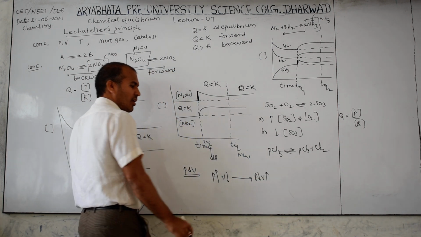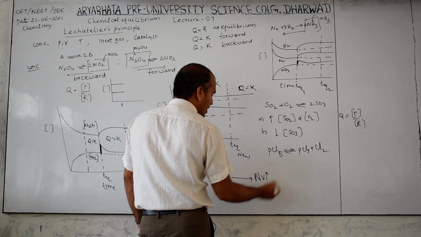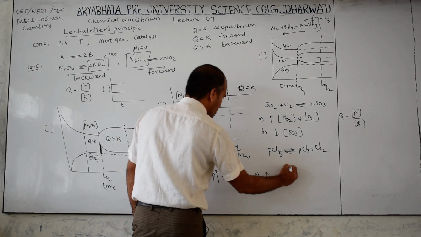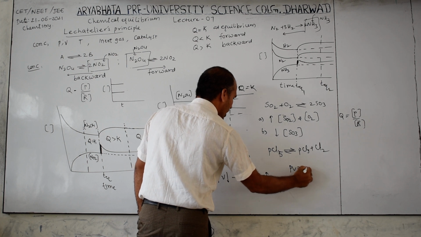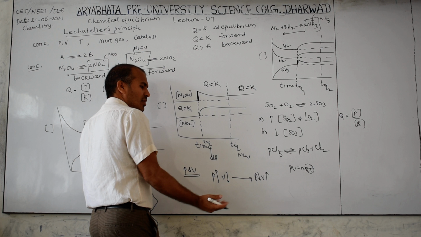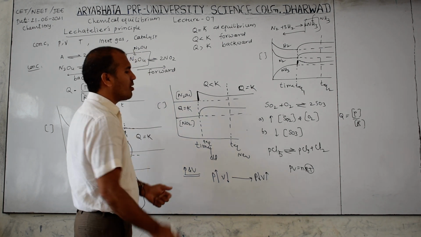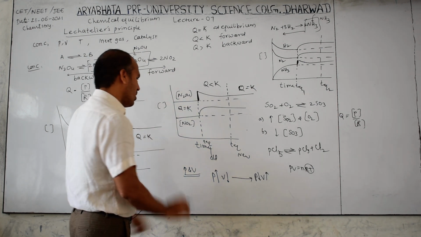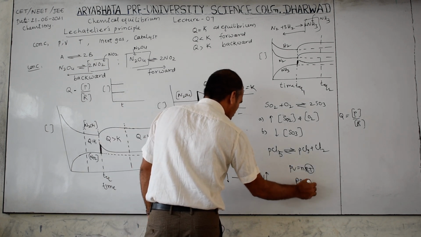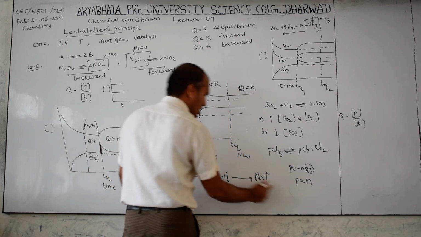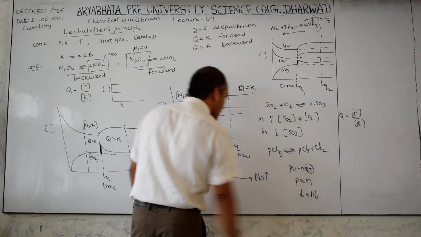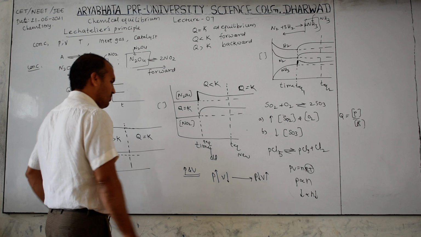This is very clear. Therefore, pressure is directly proportional to number of moles, and volume is also directly proportional to number of moles, because PV equals nRT. These are constant at a given temperature, so pressure is directly proportional to number of moles, and volume is also directly proportional to number of moles. So consider pressure here. Pressure decreased means it moves to the side with fewer moles. Okay.